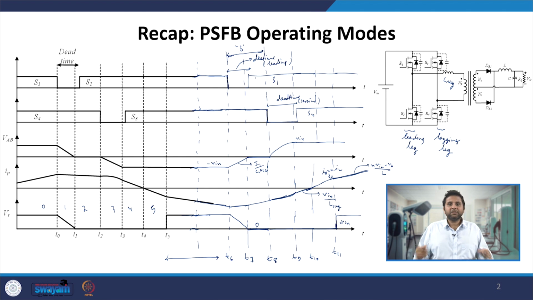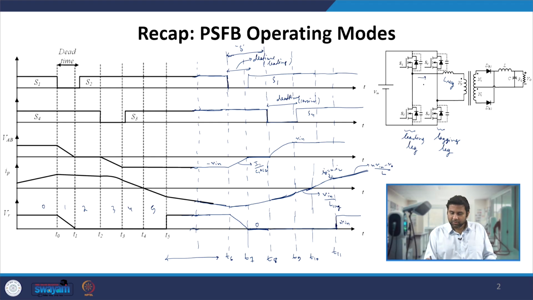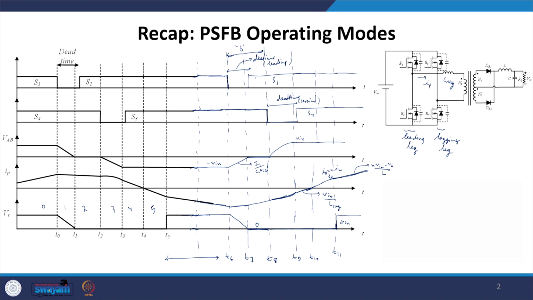Since we are getting zero voltage switching during turn on, the diode turns on, which means the output capacitance is discharged by the output current coming out of the half bridge. Because of that, dv/dt at the output of the bridge is limited by the charging and discharging of the output capacitances of the devices in that particular leg.